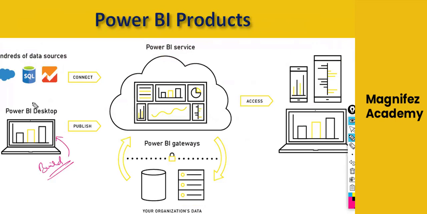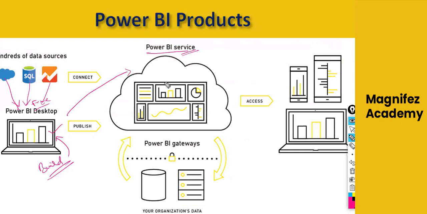You can install the Power BI desktop free of cost on your laptop or your workstation, and you can start creating visualizations. Then you have Power BI service. What is the need of Power BI service? Power BI desktop will extract data from a database, cloud database, on-premises or flat files. From anywhere, it will connect the data and convert it into visualization. Once the data visualization is ready, you can publish it over the Power BI service.